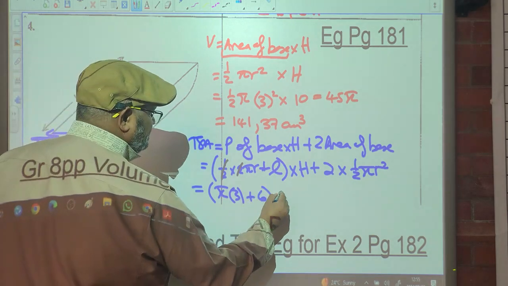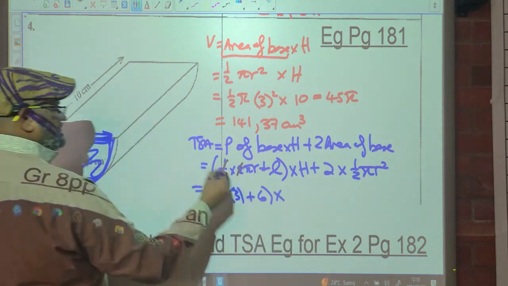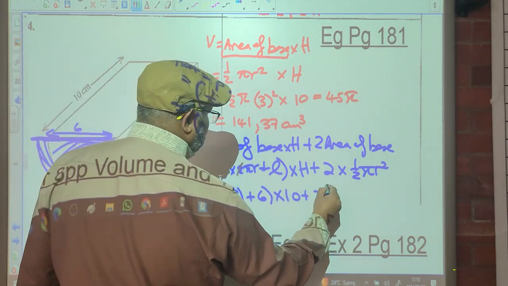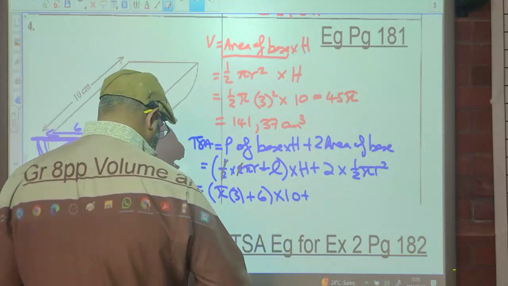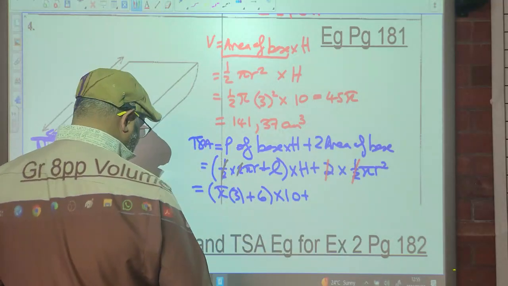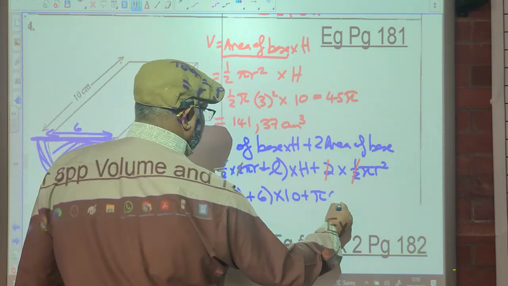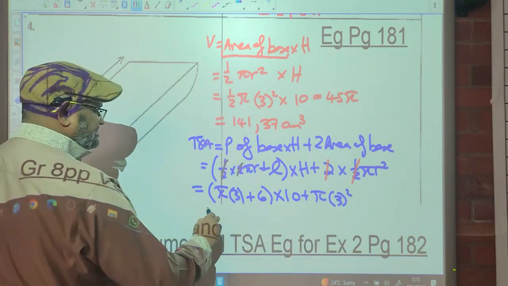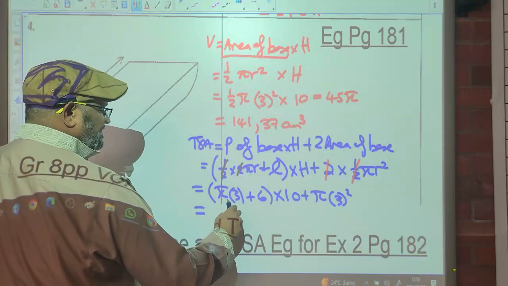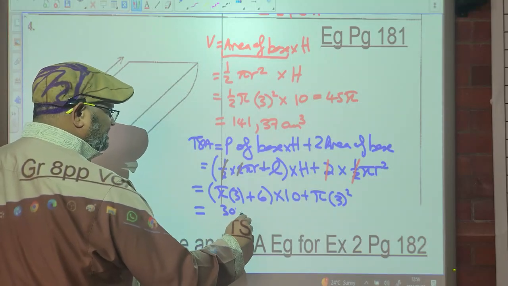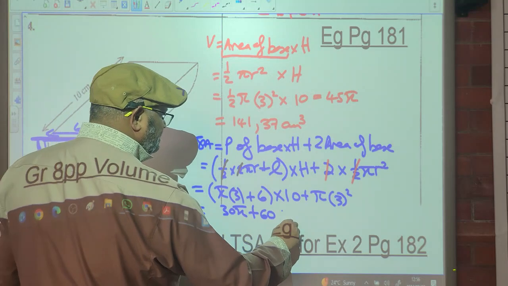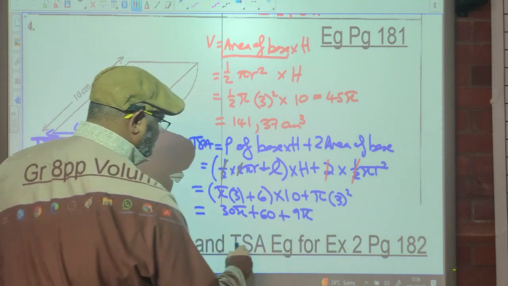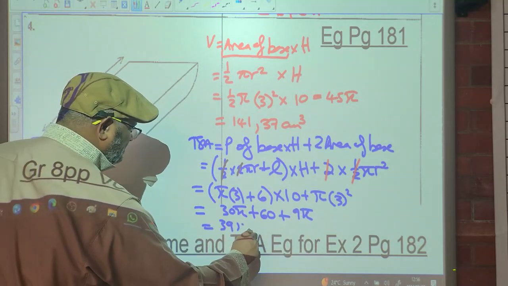So it's 6 times the height of this object, which is 10. Plus 2 times half is 1. Pi. The radius is 3 squared. So this is simply 3 pi times 10 is 30 pi plus 60 plus 9 pi. So in other words, it's going to be 39 pi plus 60,